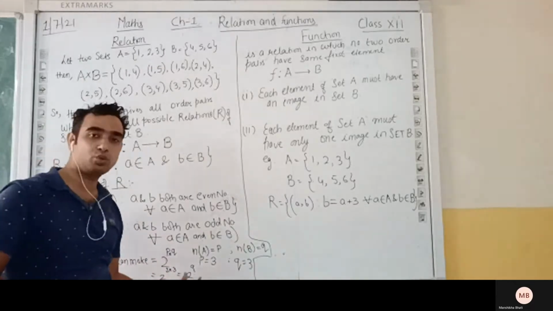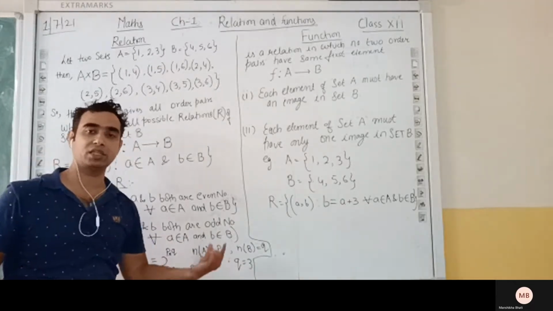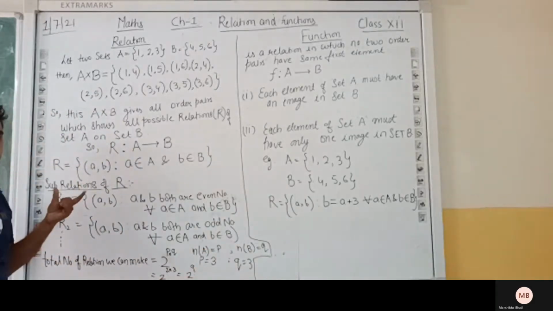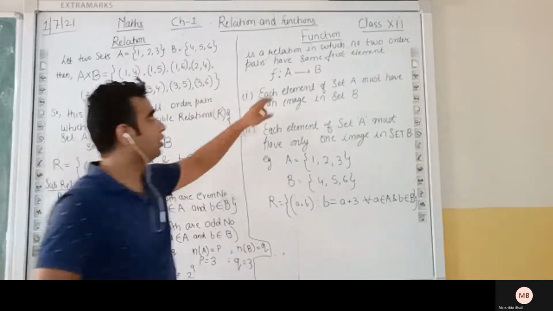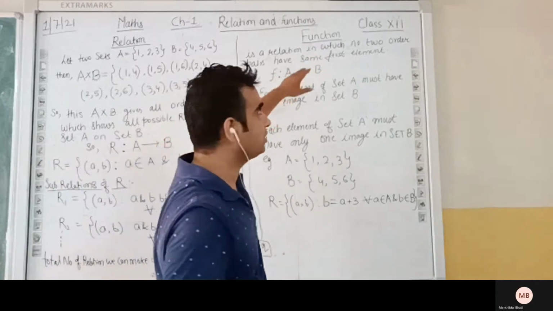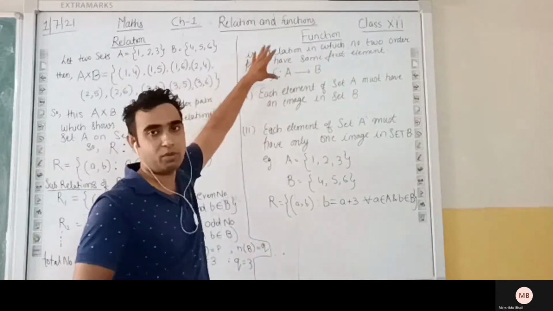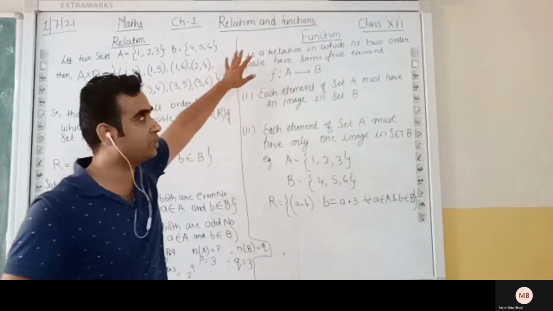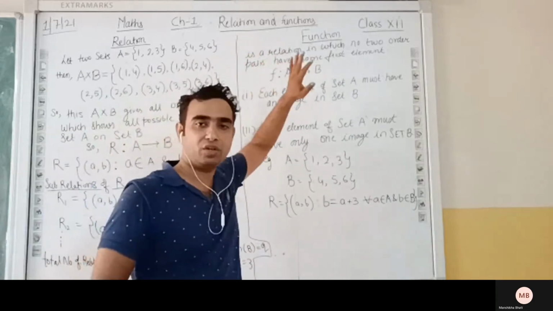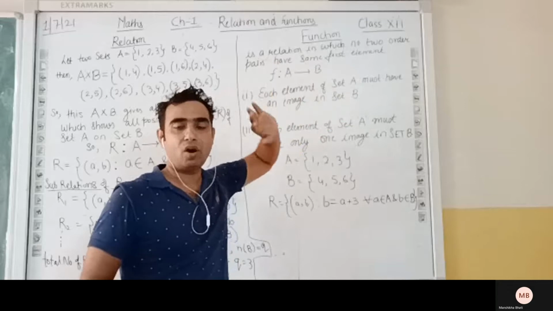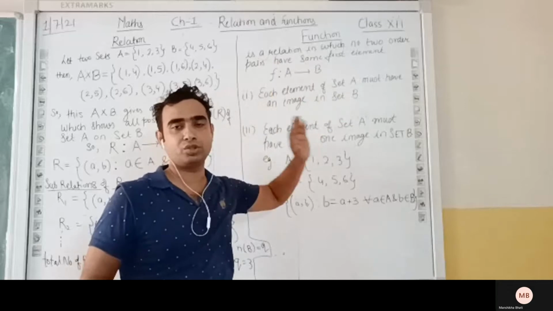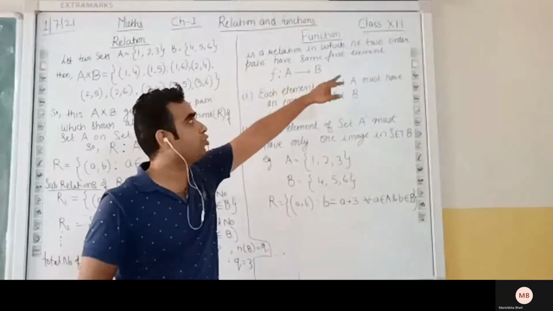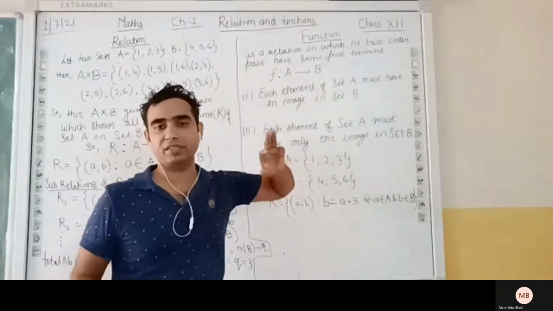Number of sub-relations will be 2 raised to the power 9. Such kind of more relations we can make from this main relation. Okay. Now, coming to the function, what is the function? We have studied functions in our class 11 also. So in that we have studied that a function is a relation in which no order pair should have the first element same. Means it is a relation in which no two order pairs have the first element same.